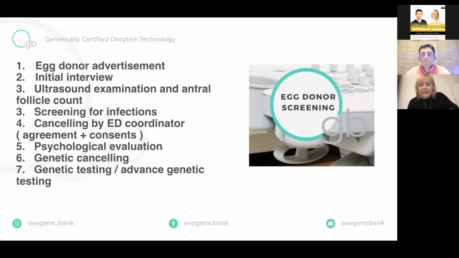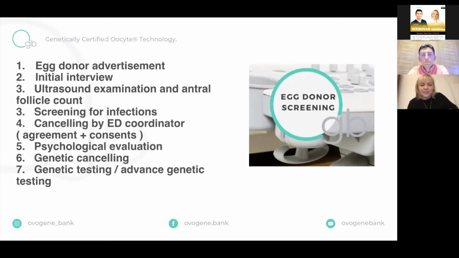After that, we invite the donor for an ultrasound examination and antral follicle count calculation. Our criterion to include a potential candidate into the donation program is at least 14 antral follicles, and the AMH level, which we check a bit later, is 2.5. We also check the gynecological status: no endometriosis, no myomas, no surgeries or laparoscopies on the ovaries, nothing before that